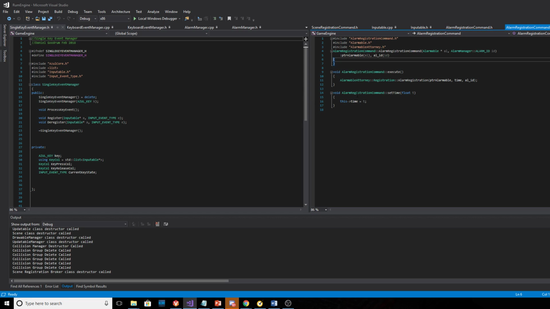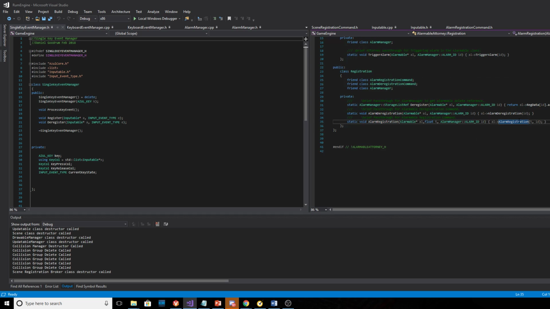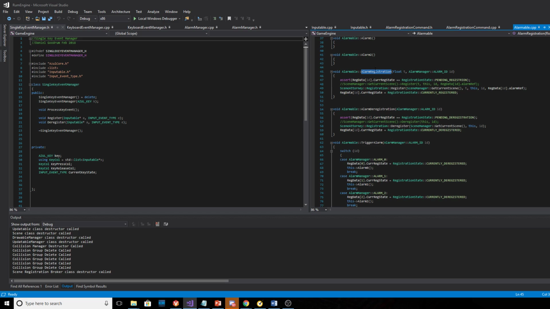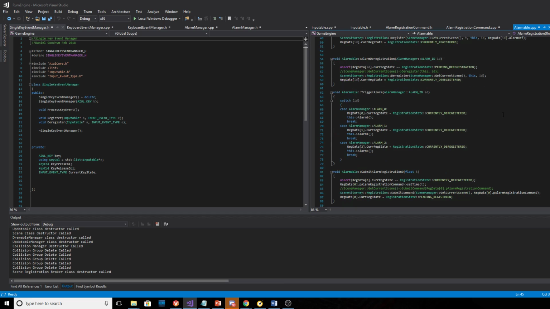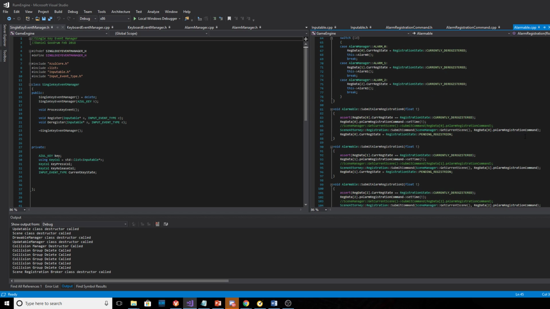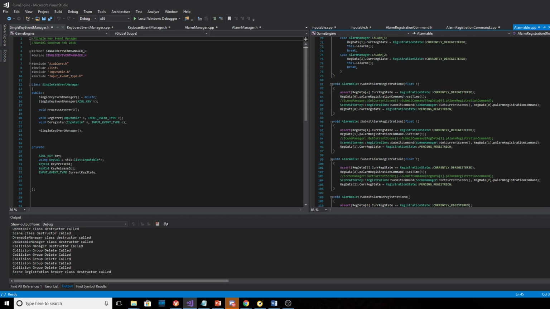So those are stored so that when it sets the alarm registration, here's my alarmable. So if you call it, you want to set alarm 0 for float time, it goes ahead and submits the registration to the registration broker, and then when it actually submits it, it will go in and submit the registration